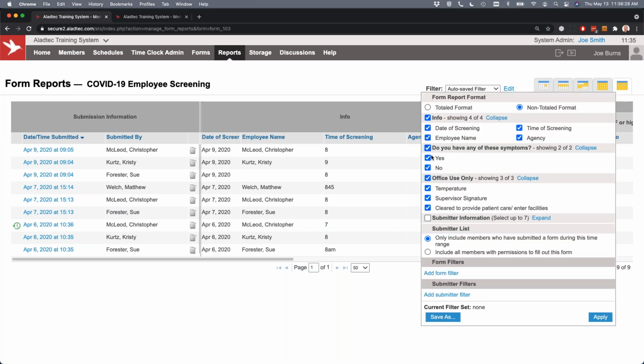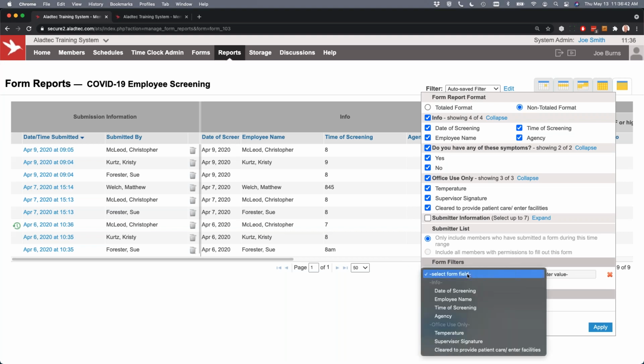So I'm going to edit. Every field has its own checkbox, and I can turn these things on and off. And it goes down to looking at, say, filters here, and you can filter on all sorts of criteria. And I'm going to filter based on the form itself. So I'm literally going to go look at the